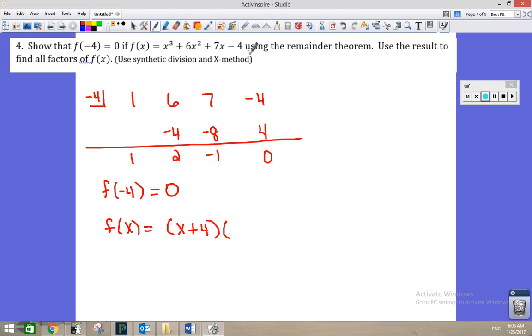Now, we're rewriting this x cubed. We're splitting it up into a product, and now the next factor I can get from my synthetic division, that this 1 means 1x squared plus 2x, and then minus 1. And see, there's a 0 remainder, so I don't have to write anything else. Well, now I can find all of the factors, all of the zeros of this function. Now it just wants me to simply factor it this time completely, so it's not actually having me use the factors. So I've got x plus 4, and then this guy,